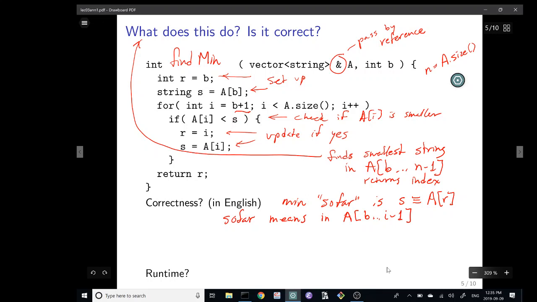So at the beginning of the ith iteration of that loop, we've looked at b through i minus 1 up until that point, and we're going to look at the next entry i in that ith iteration. And so up until that point, the smallest, the minimum, is the string S.